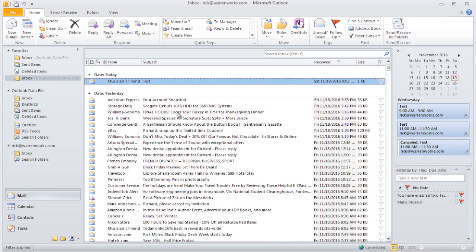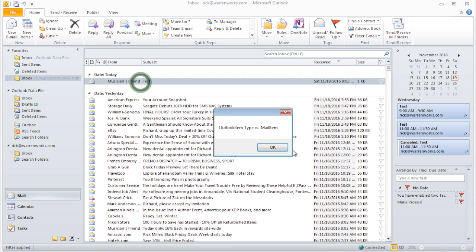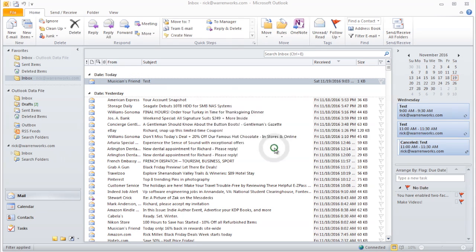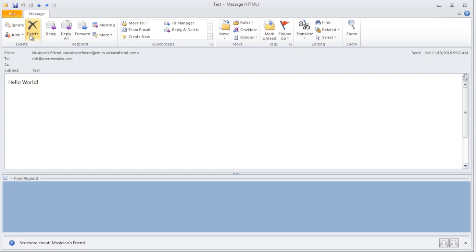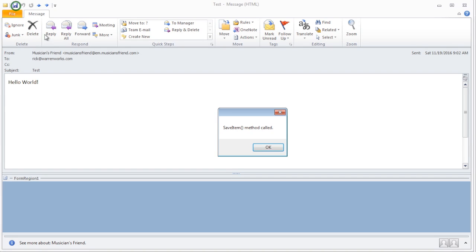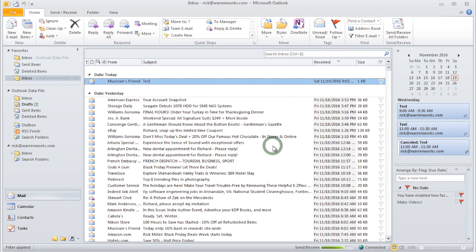All right, so let's see. Open up an email. So both selected and the type is email. If I hit save, I get the save item method called. If I close the window, the close item method's called. All right. So just to review,